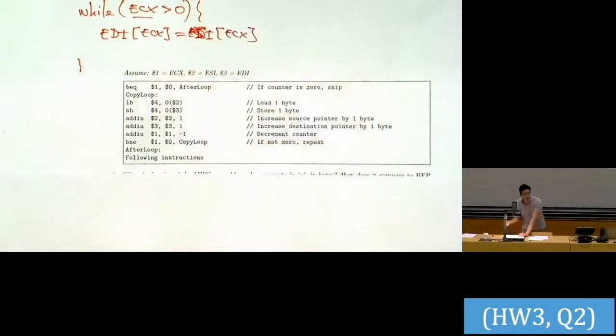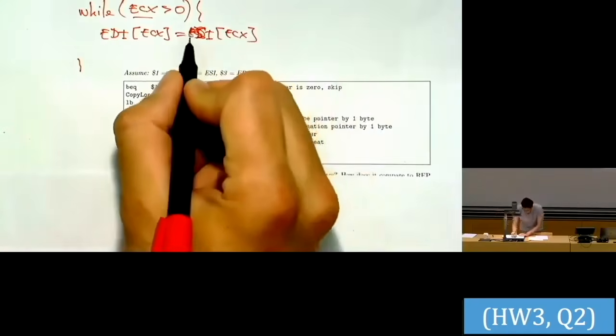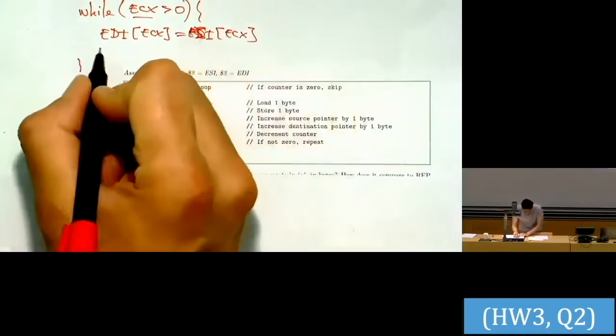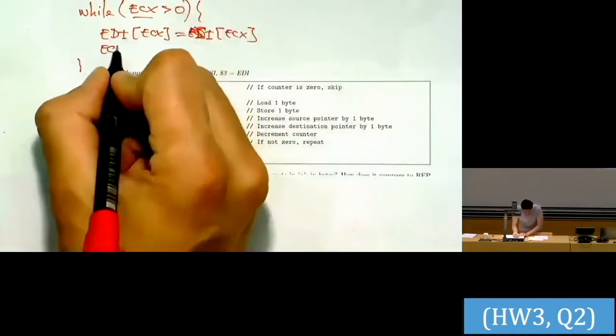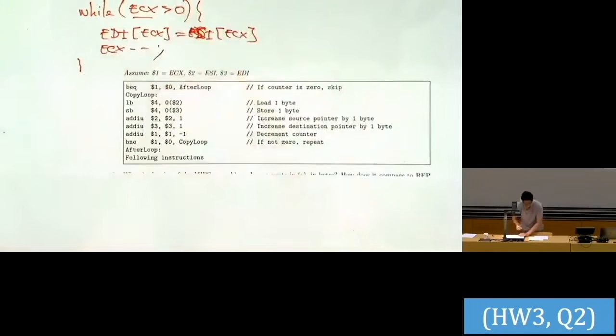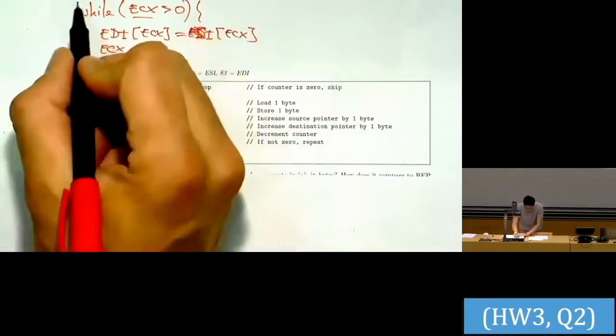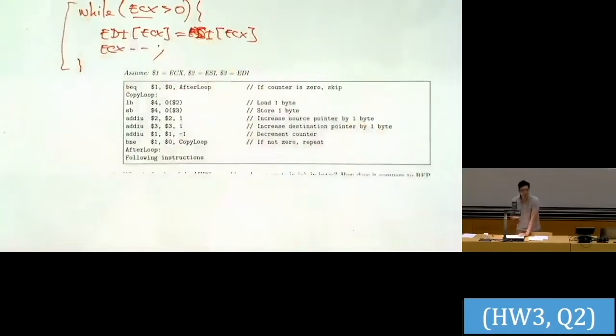This ECX would be like our counter and also index to these arrays ESI and EDI, and after every iteration we decrement. So this would be, let's say, the high-level language code to implement this rep movsb. And